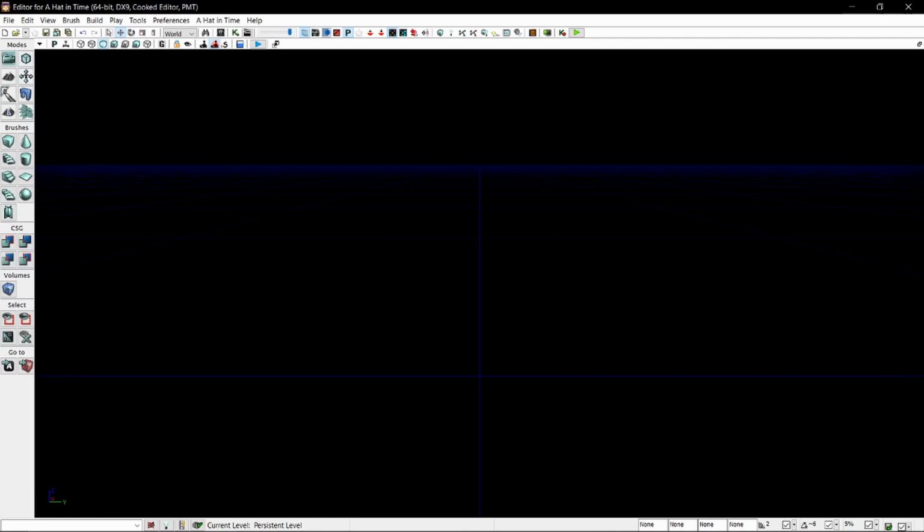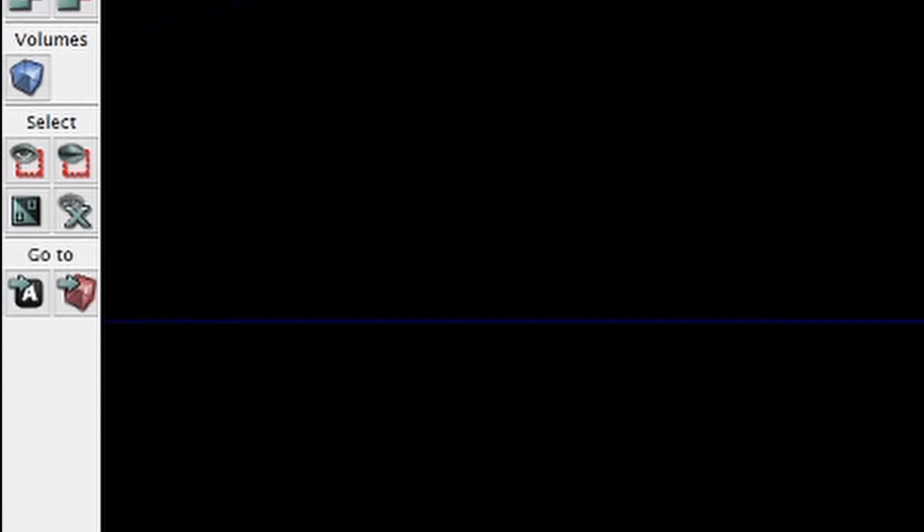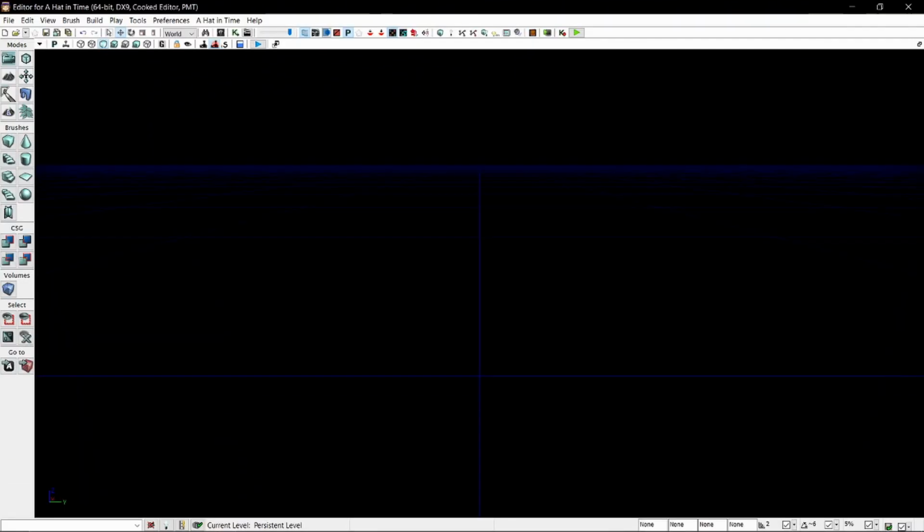Then you'll be in this void. This is the blank map. This is not what we're going to be using to make our basic Blue Rift. You may be overwhelmed by the amount of buttons in this editor, but don't worry, you don't need to worry about most of them. I'll be going over them in a different video. And with that, our basic settings are now all set up so that we can start working on our first Blue Rift. In the next video, I will be going over the starting process of the Blue Rift.